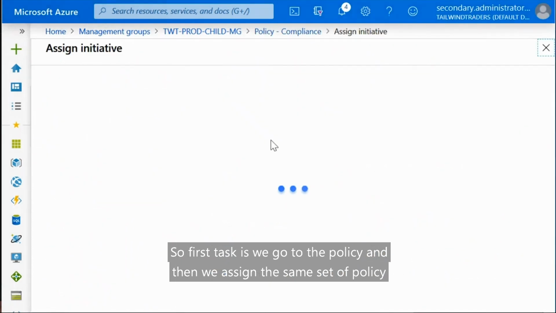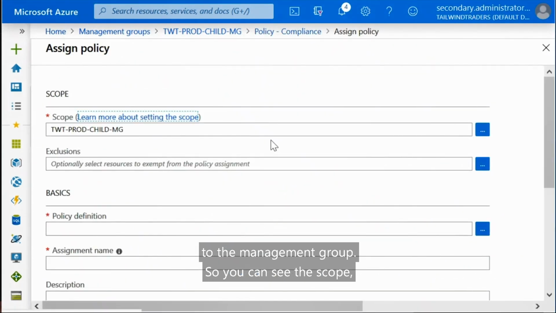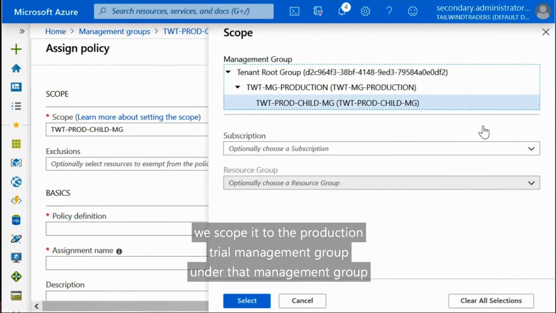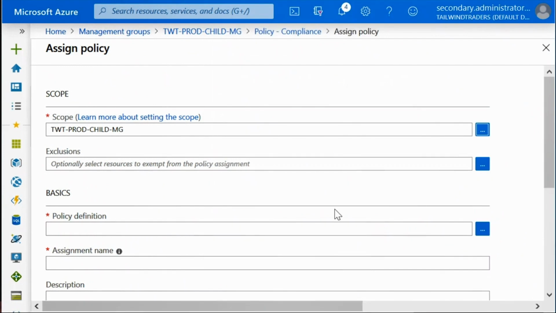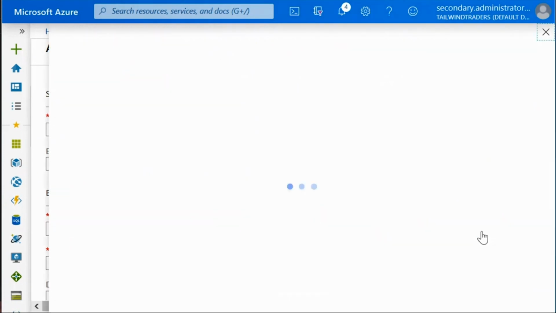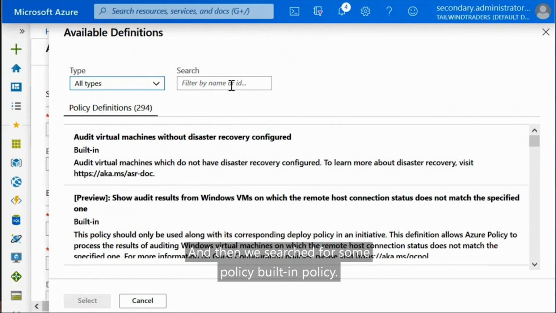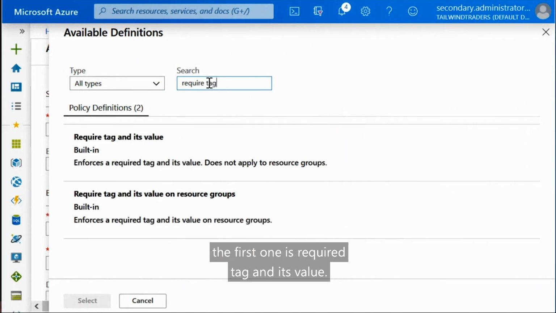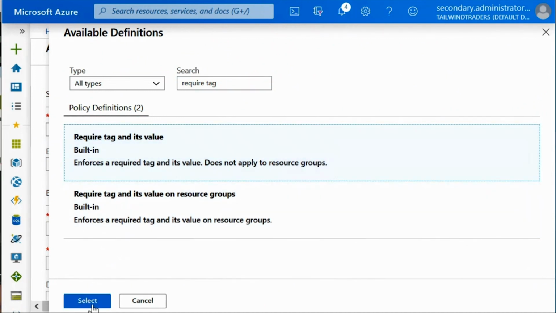The first task is we go to the policy, and then we assign a set of policies to the management group. You can see the scope: we scope it to the production trial management group. Under that management group, there are two subscriptions, and then we search for some built-in policies. The first one is require a tag and its value.